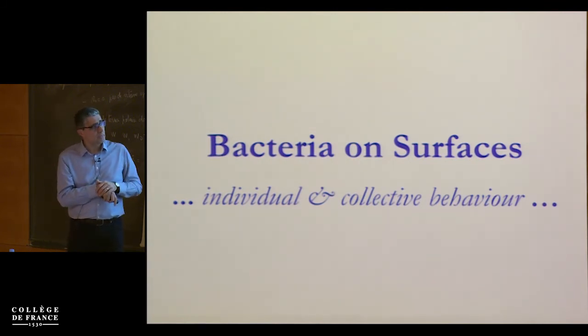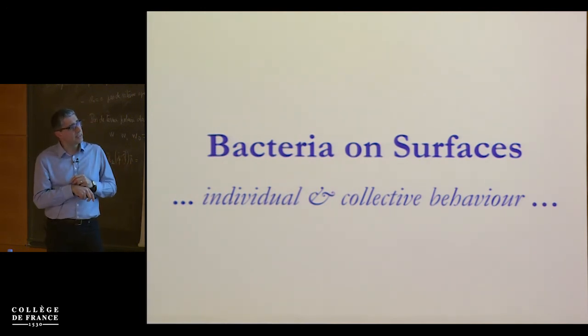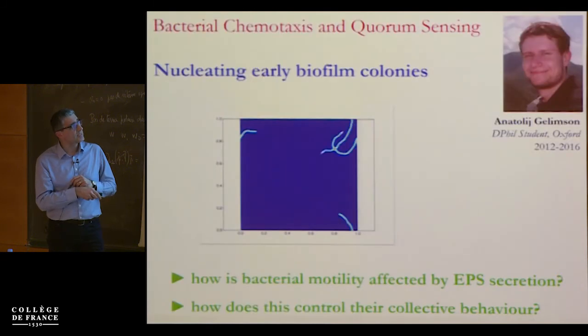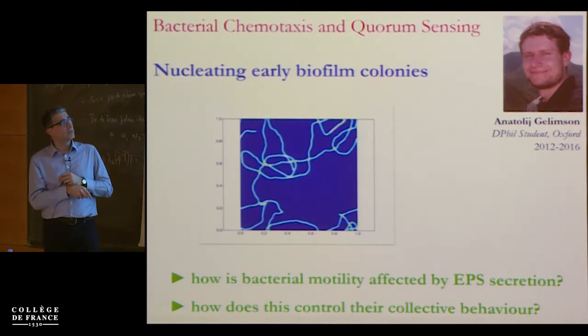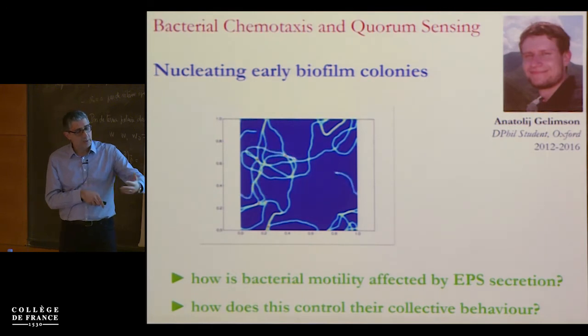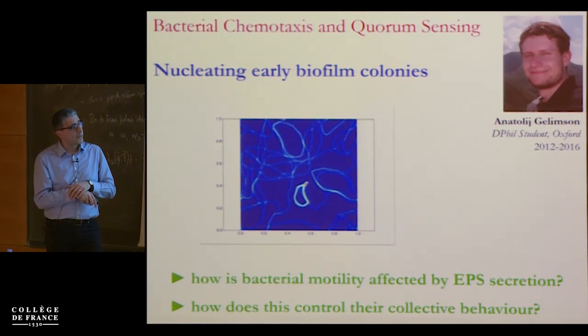So I basically have chosen a few very short sections also on other types of interaction between chemicals and motility that are present in active matter. One of them is the bacteria on surfaces. This is essentially a singular limit of chemotaxis, where bacteria like Pseudomonas move on the surface and essentially leave behind some sticky polymeric material, and